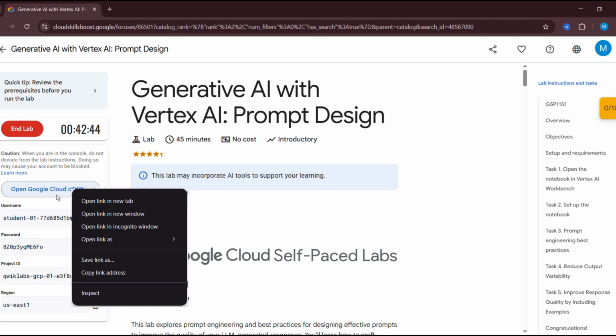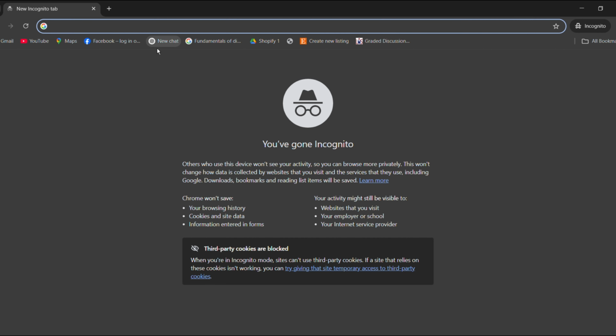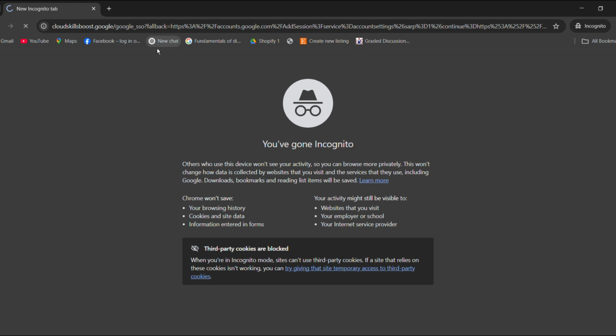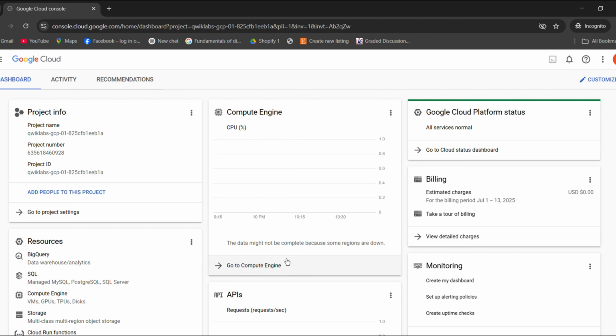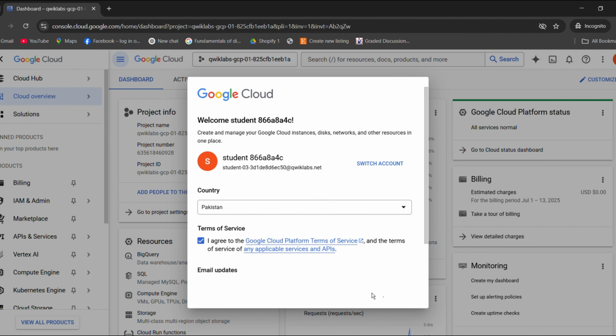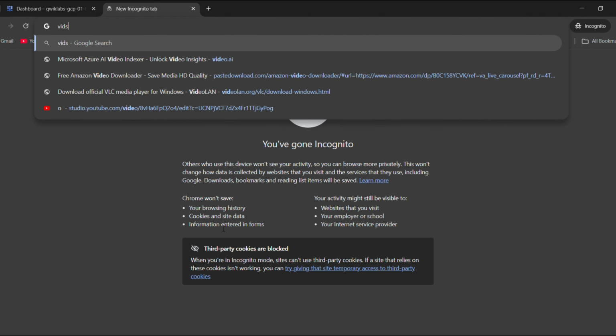Right-click on Open Google Cloud Console and copy the link address. Now, open a new incognito tab, paste the link, and hit enter. Click I understand and check the agreement box when the pop-up appears. And you have signed in with your account. While staying in the same incognito window, open a new tab and search